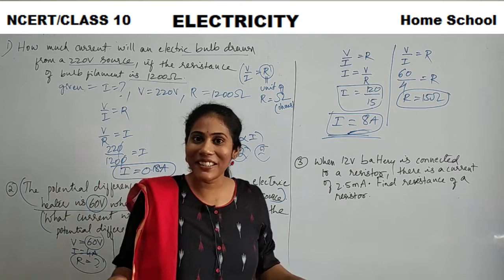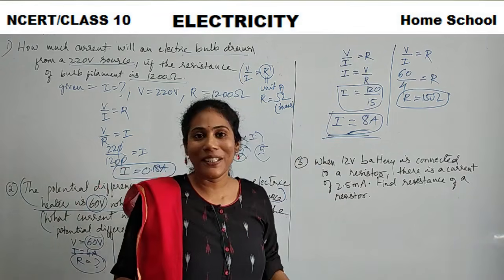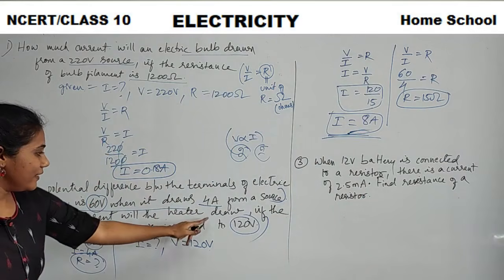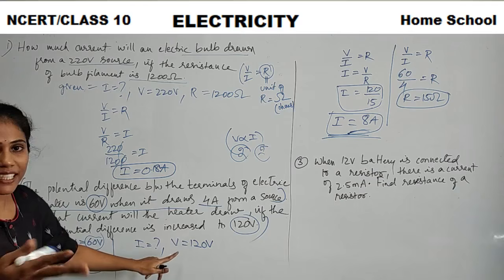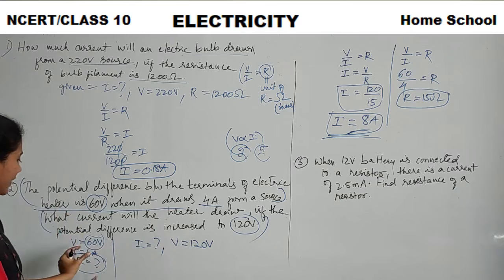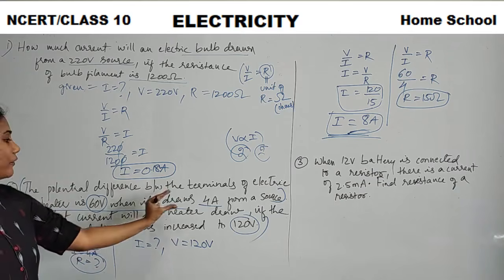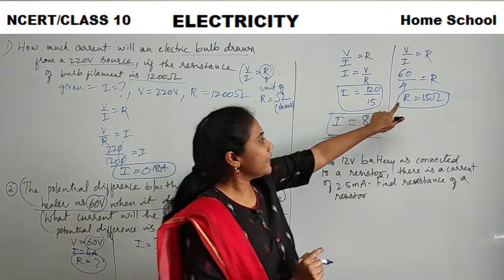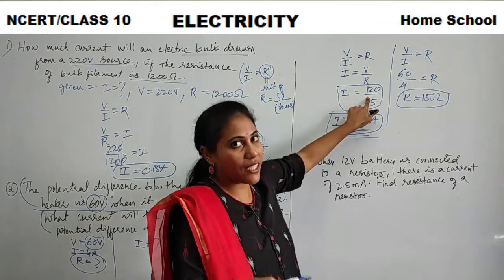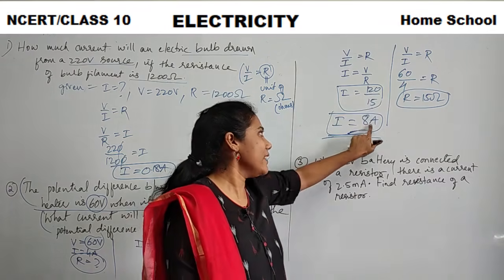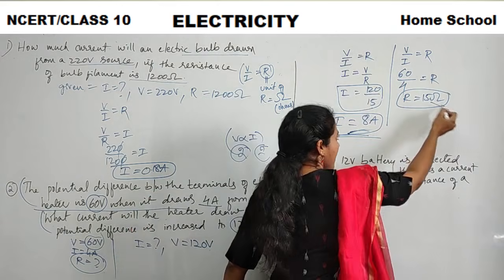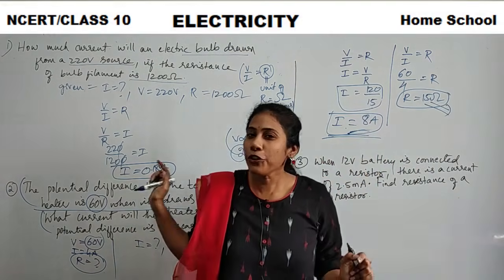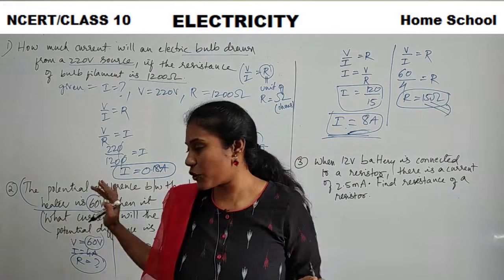But you have to calculate, no? The method of calculation is important. That's the reason. See, here we have to calculate this question. Voltage is there, R we don't know. So to calculate R, we are using this information, whatever information is given in the first 2 lines. With that information we calculated R, that R we have used for our main question, and we got the answer 8 amperes. So how much is the resistance? 15 ohms. How much is the current? 8 amperes. So you have to be very careful in answering such questions.